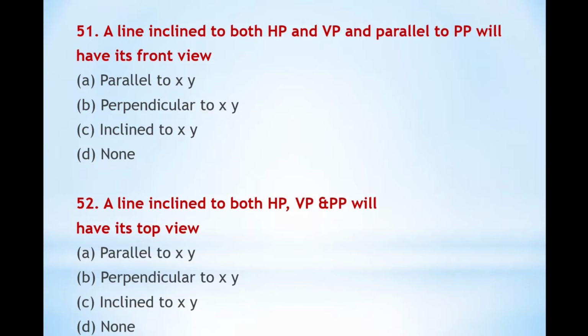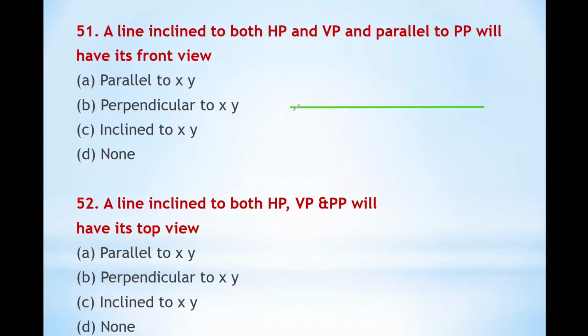Okay, so I will draw here. If it is inclined to both HP and VP and parallel to PP, that means we know the type of this line. This is nothing but the profile line. In the case of the profile line, the line is inclined to HP and VP and parallel to the PP. In the previous video also we have seen